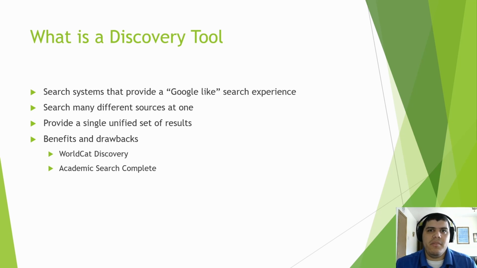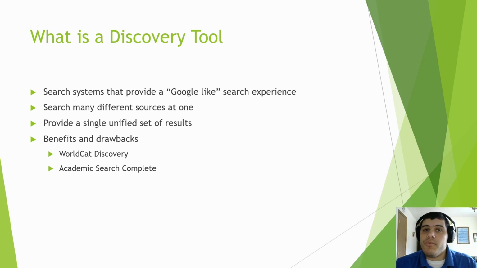I'm sure that's a question some of you are probably having right now. And if we look at it in a way that we're familiar with, I'm sure you will see it's very similar to things we already use. So library discovery tools are search systems that are meant to provide a Google-like search experience. If you think about that, they search many different sources all at once. So if you think how Google searches many different websites, different web pages, and provides you a single list of results,